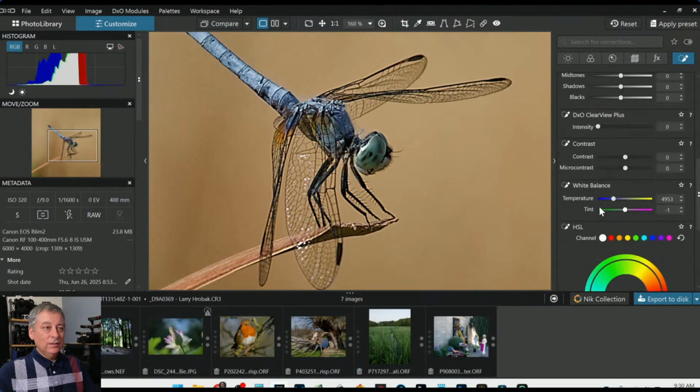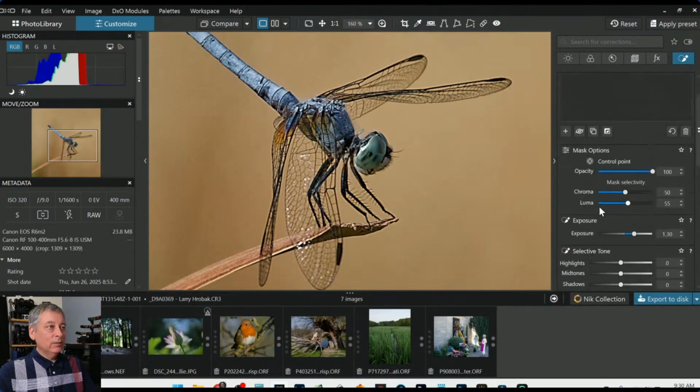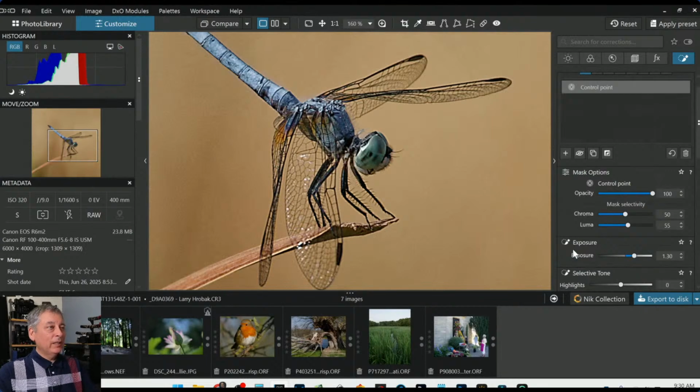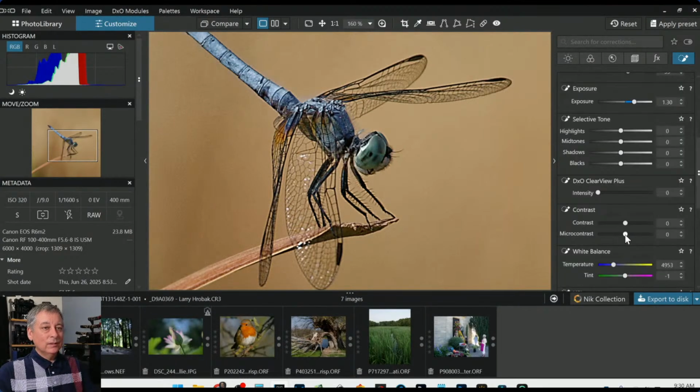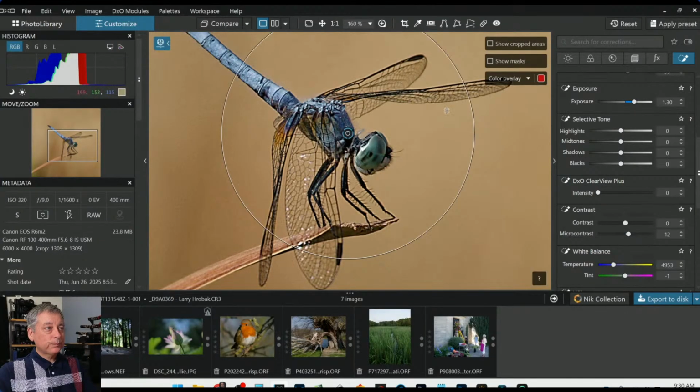And I'm going to add just a little bit, well, not here. I think we're good here. I was thinking about adding maybe some micro contrast, which again would sort of help with the perceived sharpening. All right, that's good. Now, by raising the shadows, I want to try to emphasize there's a little bit of